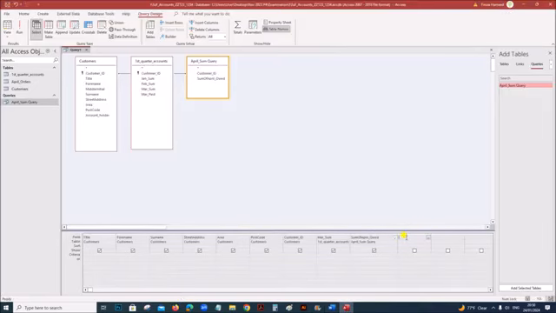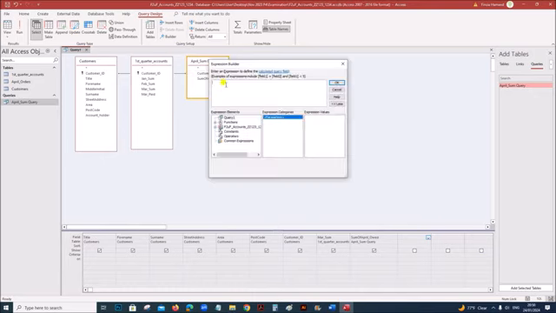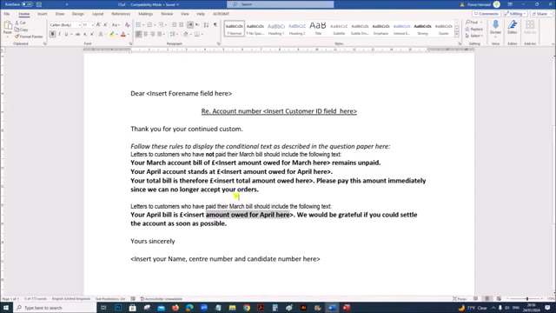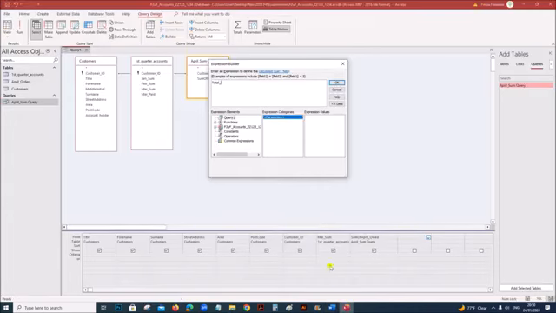So we need to create a new field for the total. So let's go to builder here. So total owed is the name of the field,